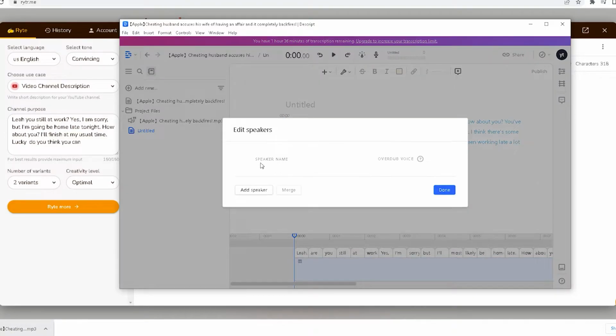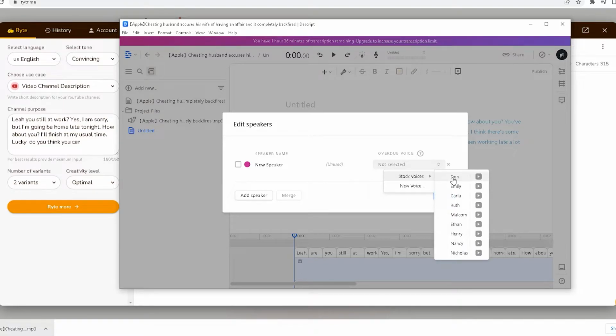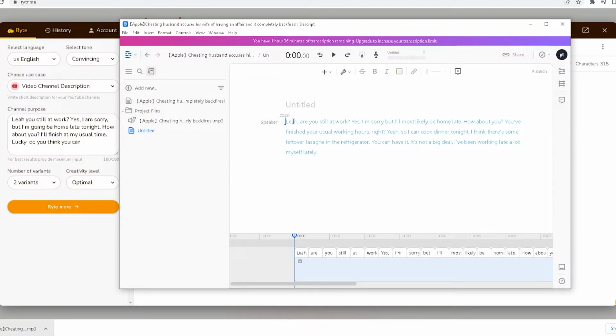and then we go to edit speakers, add speaker, go stock voices, and then you choose a girl or boy or whatever it's been like. So if it's a girl, you do the same thing. And then if it's like you copy the other video, and then when the boy talks, you do his version of it. So for this, now, once that's done, you got to choose the sort of tone they're speaking. So you can just click.